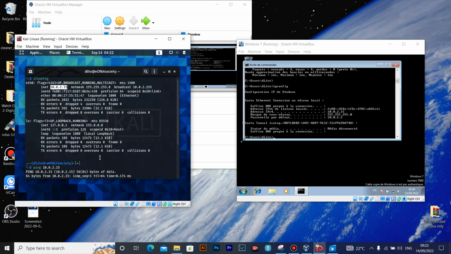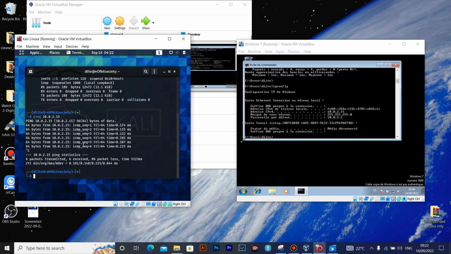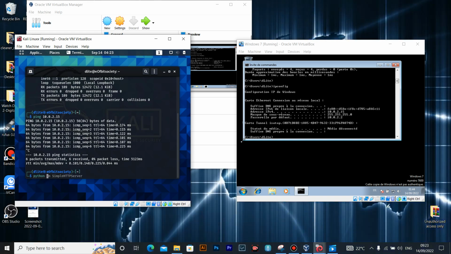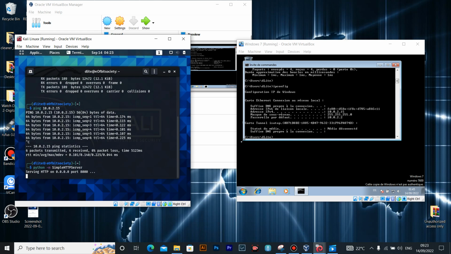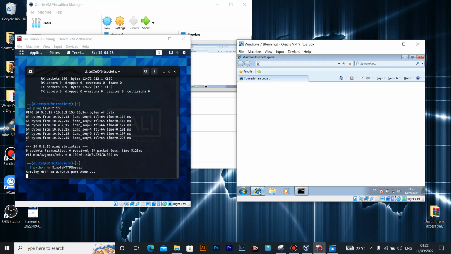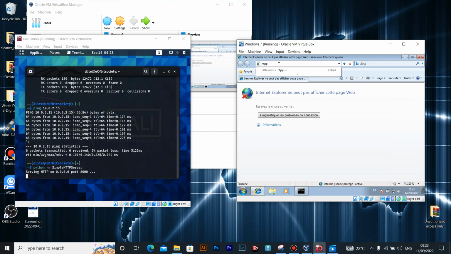So we're going to create a simple HTTP server with the Kali Linux virtual machine and try to access it from the Windows 7. And if it is possible, then the communication is possible, because you can't really tell, because the IP addresses are the same and the ping goes through. So let's verify this. Let us create a simple HTTP server. And now here on the Windows 7 VM, we go on Internet Explorer and try to connect to this HTTP server we just created. So HTTP